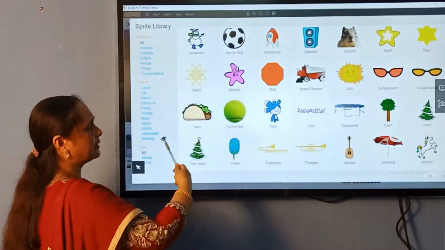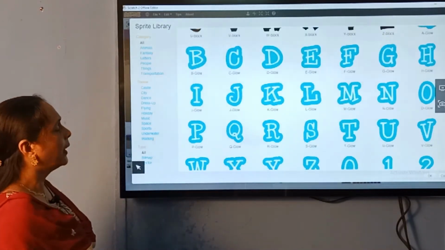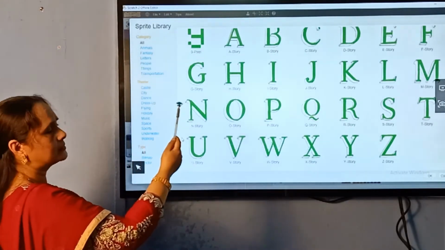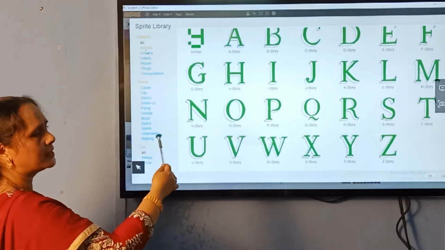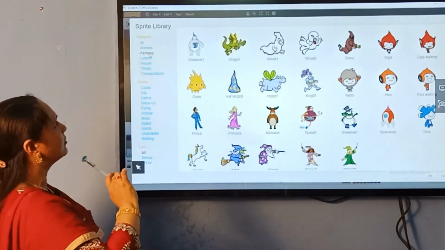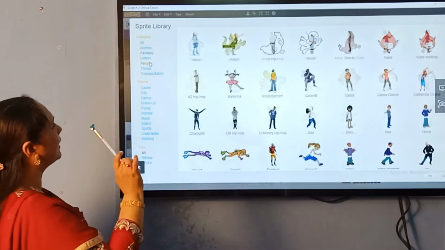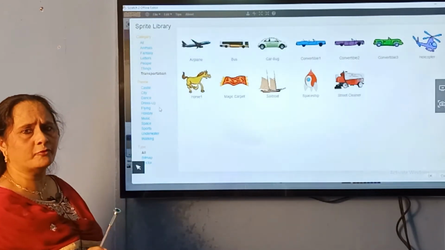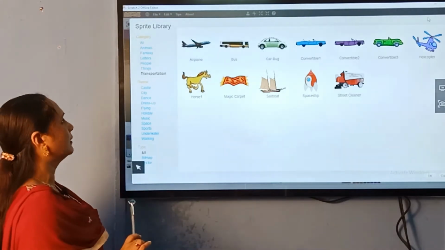You can select any sprites from here, and also see here some categories: animals, fantasy, letters, people, things, transportation. So whatever you need for your animation, you can get it done.